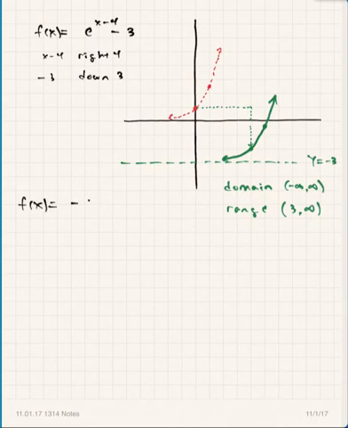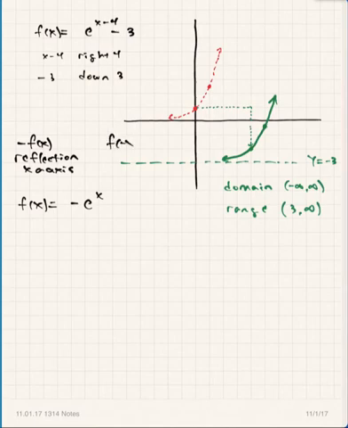f of x equals negative e to the x. Now don't forget that if you have a graph of f of x, then negative f of x is a reflection around the x-axis. And if you have f of negative x, that's a reflection around the y-axis. So negative e to the x is the first one we want to look at. That is a reflection, in this case,